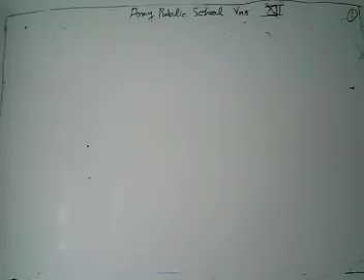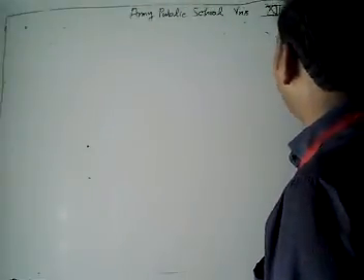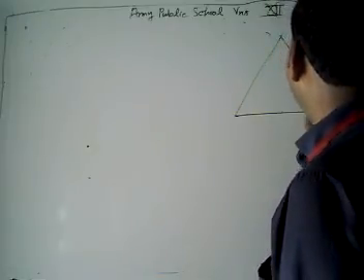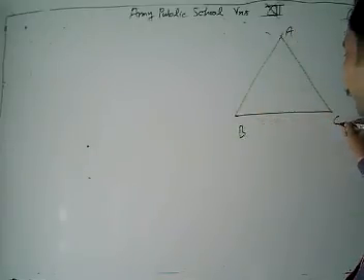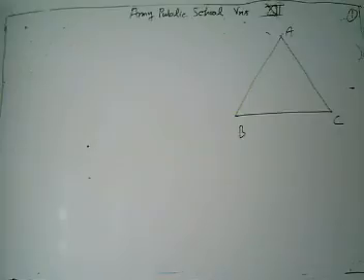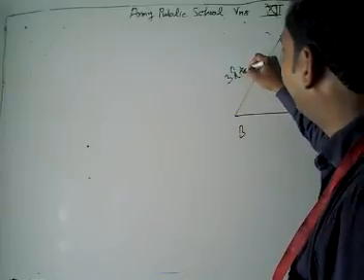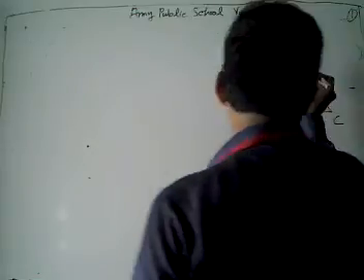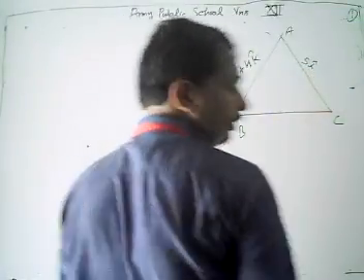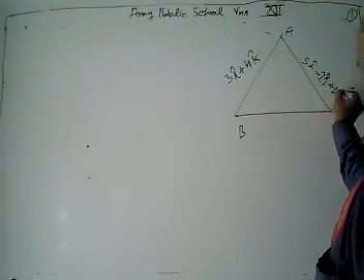The vectors AB and AC are the sides of a triangle ABC. We have given the vector AB, and I am going to draw a figure there to clarify. We have A, B, C. The vector AB is given by 3i cap plus 4k cap. This is our vector AB, 3i cap plus 4k cap. And AC is 5i cap minus 2j cap plus 4k cap.